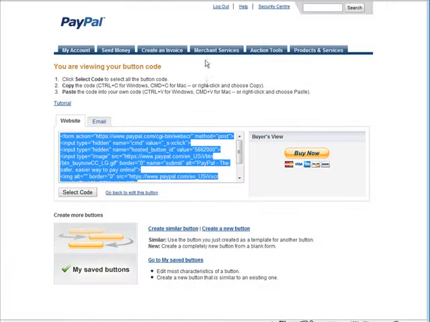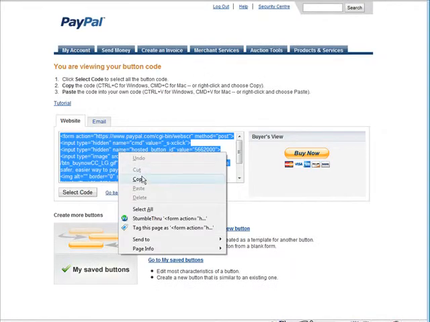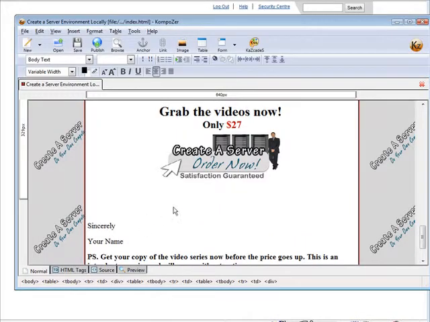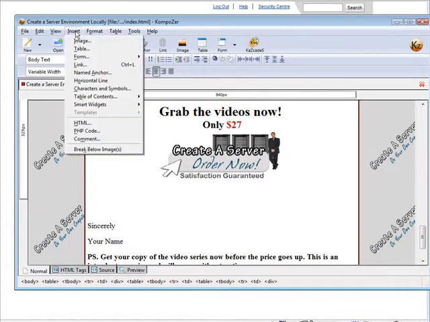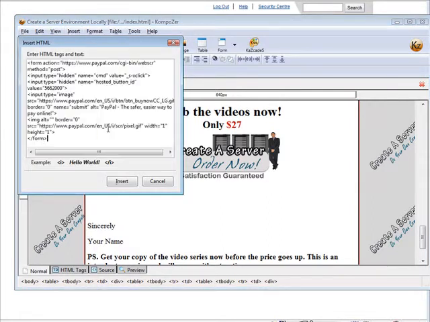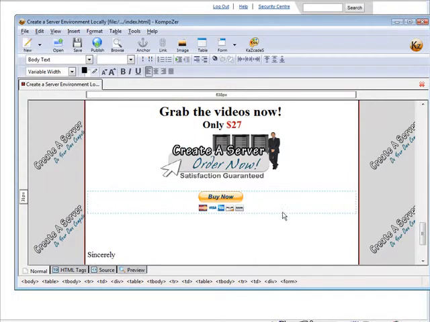So we'll go grab our PayPal code again in case it's not in our clipboard. And we'll come back in here, and then all we do is insert HTML, paste the button code in, and click insert. Okay, and as you see, it inserted the PayPal standard button. But what we want to do is replace that with this button. So let's go and have a look at the source. If we just click here and look at the source,